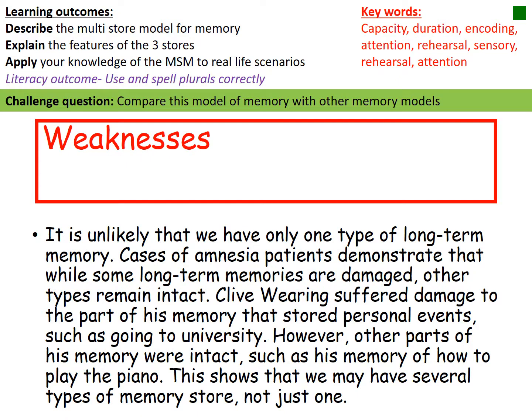Equally within this, it's unlikely that we only have one type of long-term memory, like we just said. Clive Waring is an example of this. So Clive Waring's long-term memory was damaged in terms of he couldn't encode more information into his long-term memory, but he could play the piano. He couldn't remember personal events such as going to university, things like that, but he can remember how to play